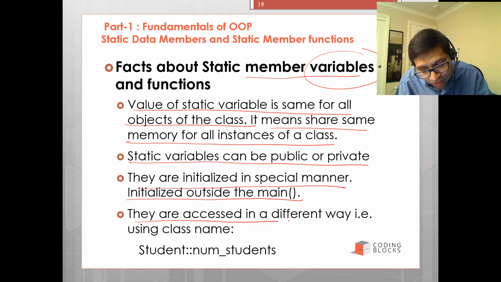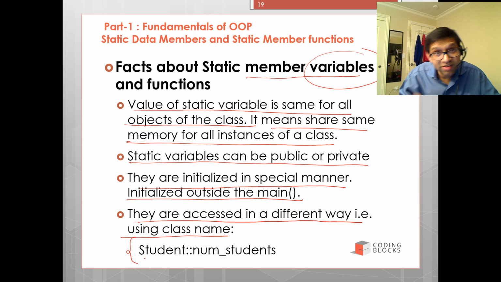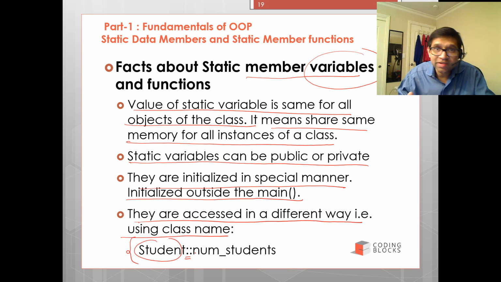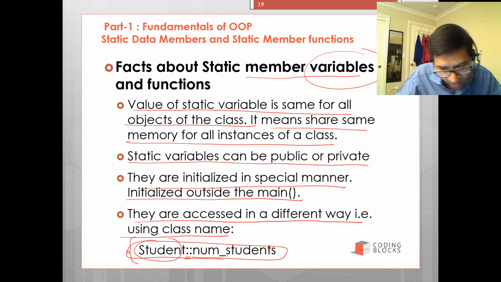They are accessed in a different way, that is using the class name. So either they are accessed from the static methods, static member functions access कर सकते हैं उनको, या we can access directly from the class. इस नोटेशन से, ये स्टूडेंट क्लास है, कोलन तो ऑब्जेक्ट से एक्सेस करना है तो स्टैटिक मेथड के थ्रू करना पड़ेगा. अगर क्लास से हम ऐसे करेंगे उसको एक्सेस हम, राइट, नम स्टूडेंट्स है।